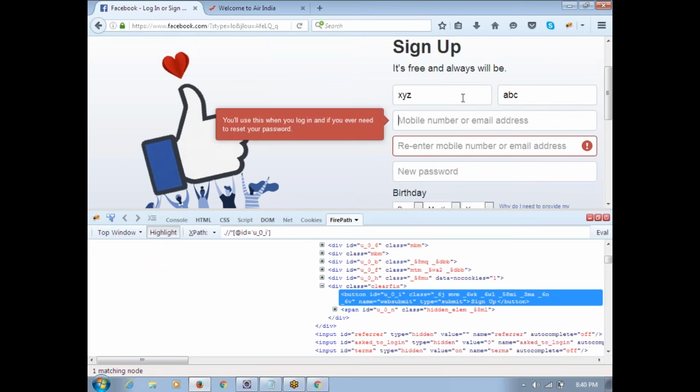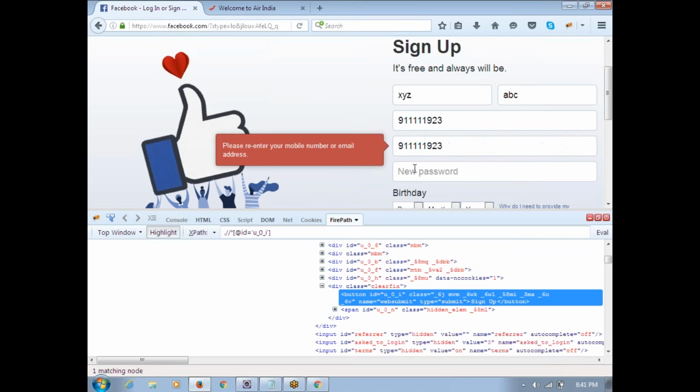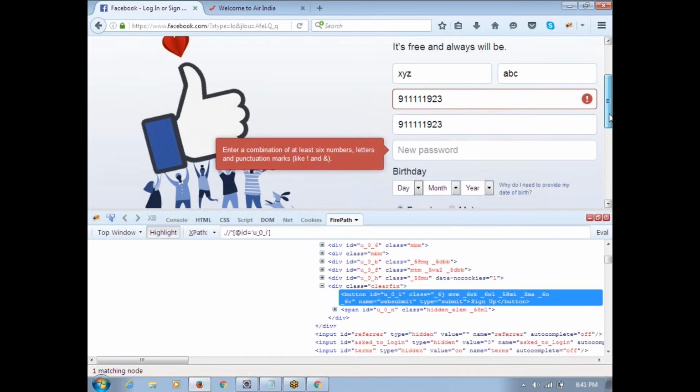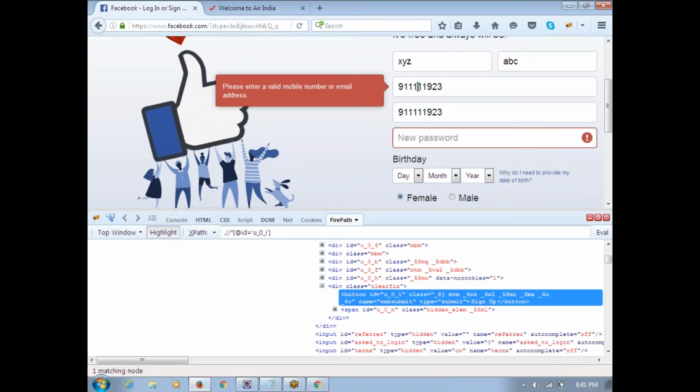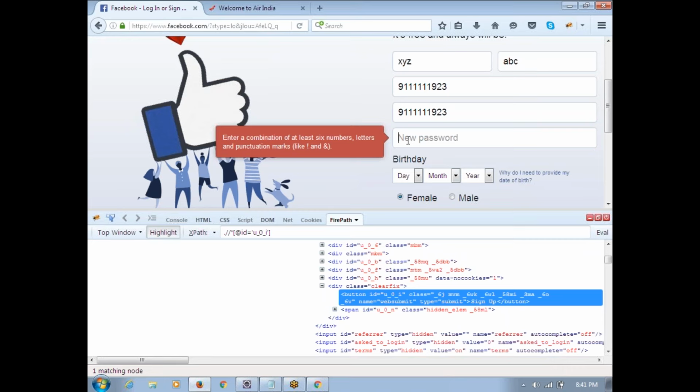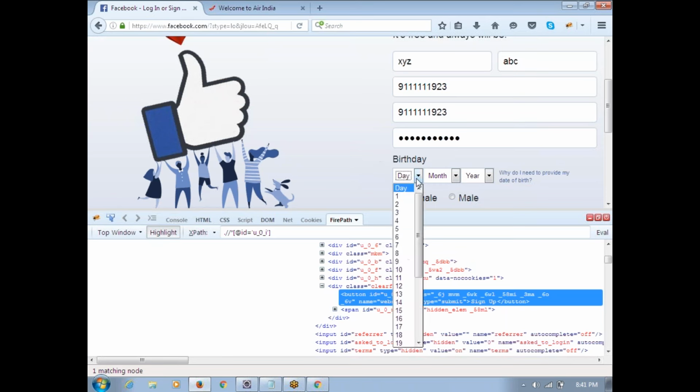Okay, let me check once. Actually, we give the valid password, valid message by extracting from Excel sheet, right? That is a very, very advanced concept, Trilok. Yeah. We'll discuss that also, do not worry. Yeah, so see here they are actually giving some information, right? What should be the digits and numbers. So we have to basically follow that. See, I have given some numbers and